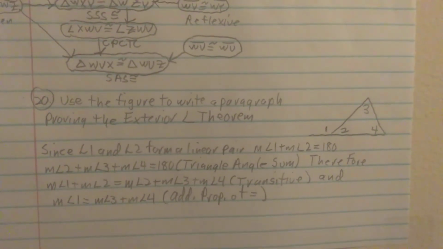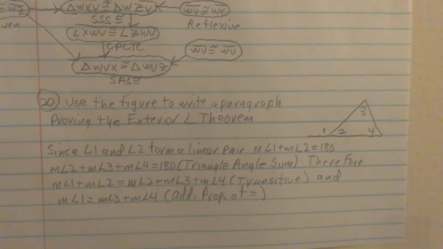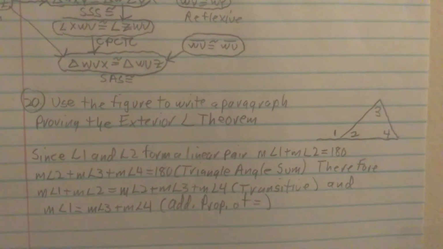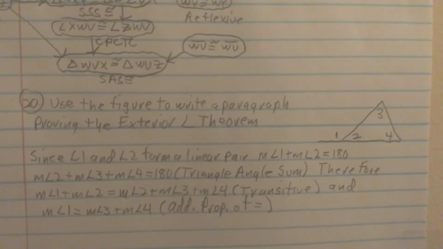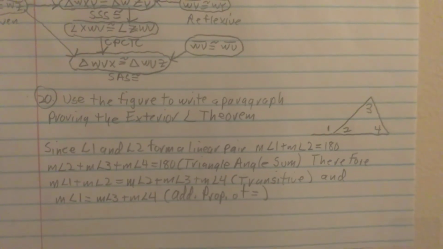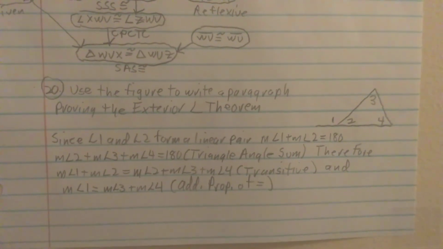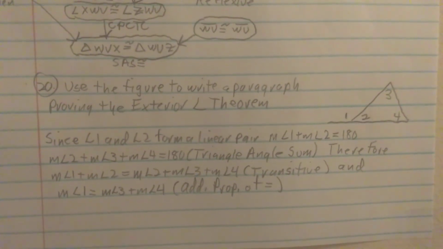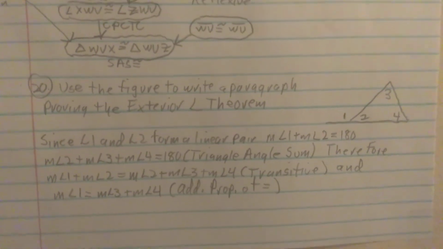Therefore, measure 1 plus measure 2 equals measure 2 plus measure 3 plus measure 4. Both sides equal 180, so therefore transitive works. And therefore measure 1 equals measure 3 plus measure 4, subtracting measure 2 from both sides, which we call the